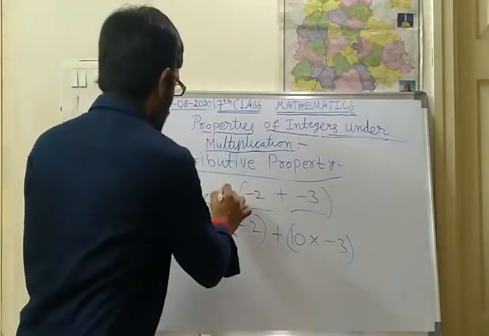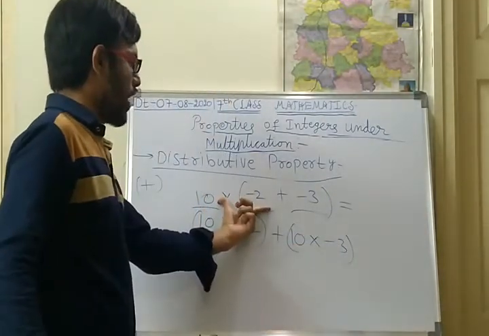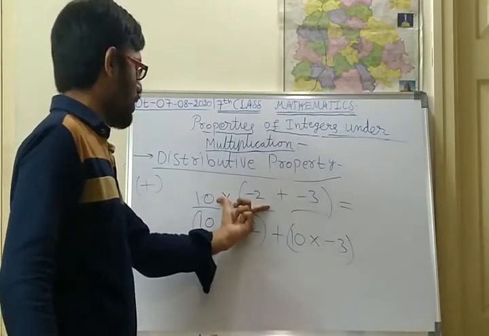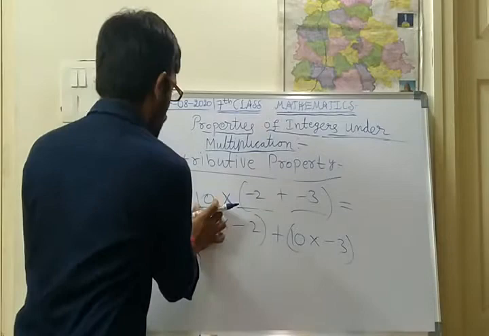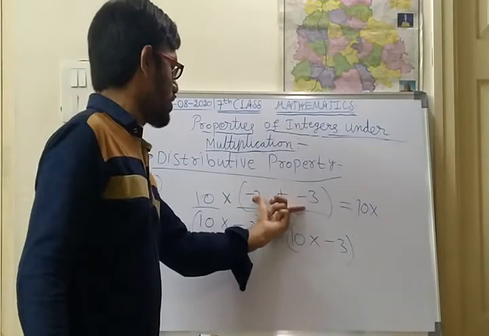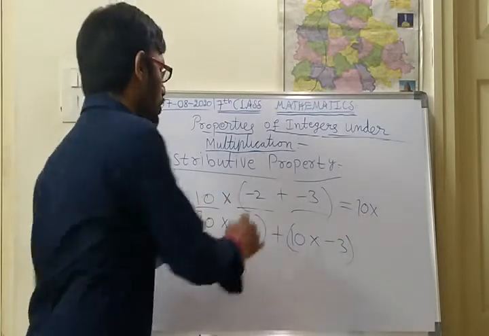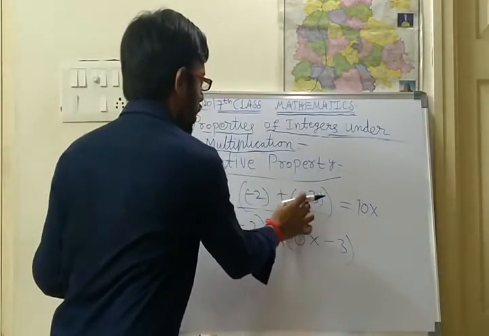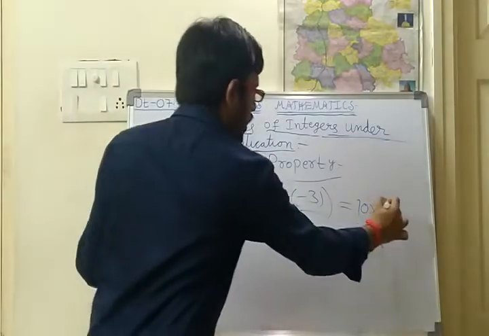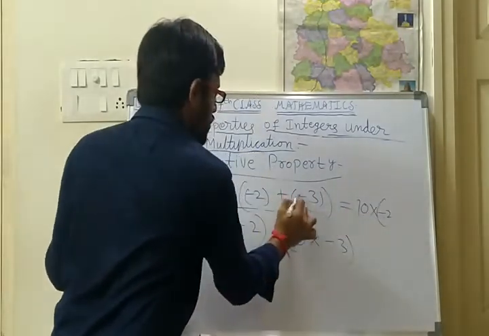Okay, so here, first of all we should calculate this. We should find this solution. These are two statements, so first we have to calculate the first statement. So 10 into, first solve this bracket. How to remove brackets? By solving this one we have to remove the brackets. Plus of -3, the internal bracket is there, so first remove that internal bracket. What is it after the bracket? -2 plus into -3.